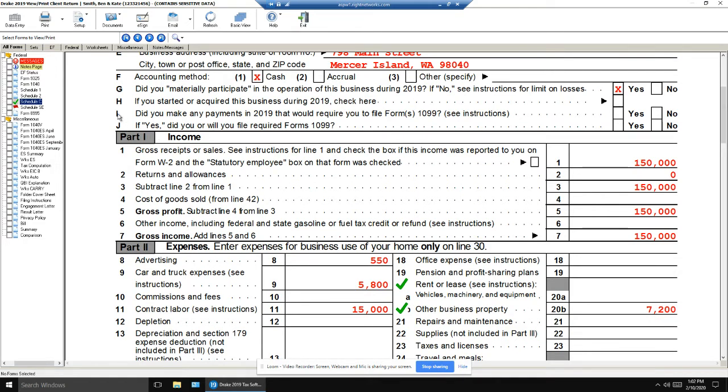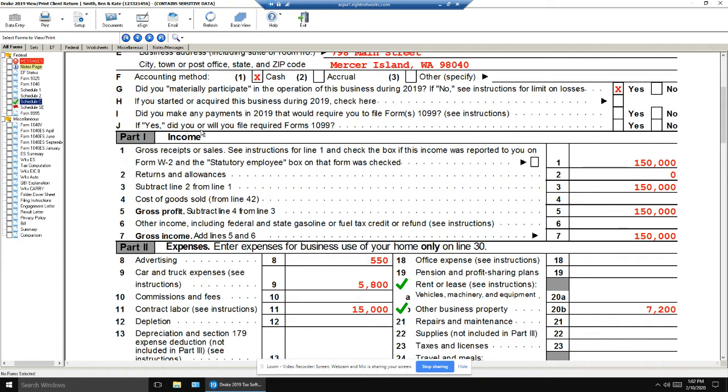One is there's this question: did you start the business in 19? No, they didn't. So that one's pretty easy. But this one, did you make any payments in 19 that would require you to file 1099? Yes or no? Well, in this case, the preparer forgot to answer it. That can be a red flag. So you want to make sure it gets answered. And the answer needs to be yes or no, obviously. If you say yes,